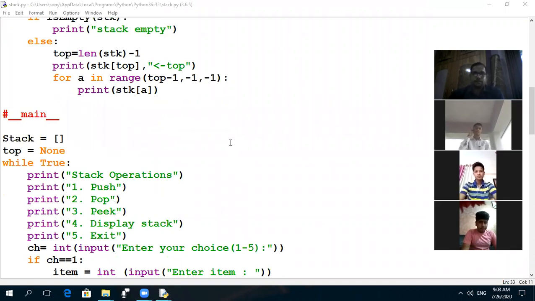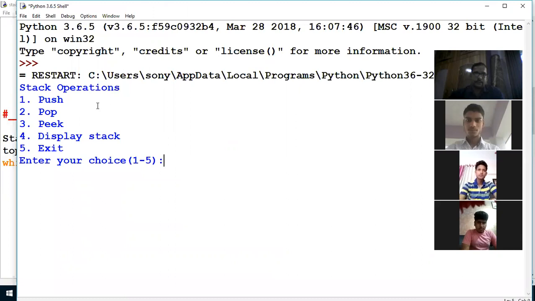Before starting this program, first you see the output, how our stack will work. When I run this program, see this. First of all, it will show the menu, stack operations. In that we are performing push operation, pop operation, peak, display, exit.